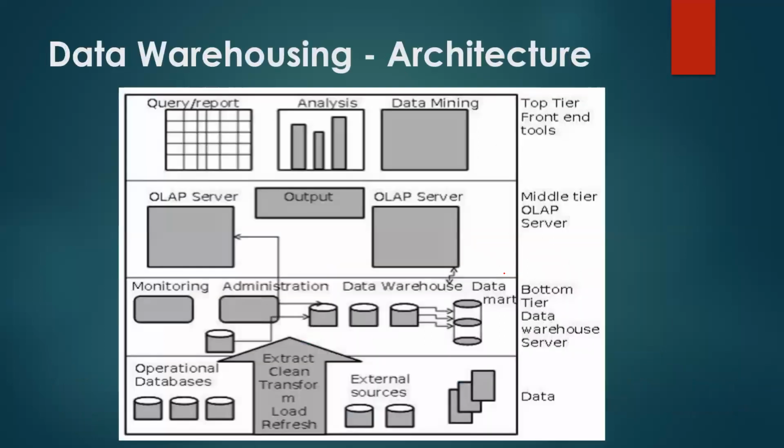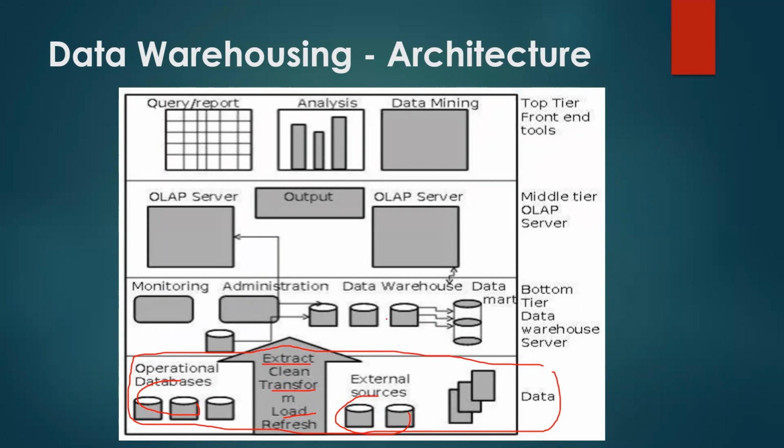The third concept: this is the data warehouse architecture. If you look at the architecture, this is where your data is stored at the bottommost. You have external sources, you have operational databases. So data warehousing collects data from multiple sources, and then you have to perform what we call ETL, which also includes clean and transform. So you extract, transform, and then load to your